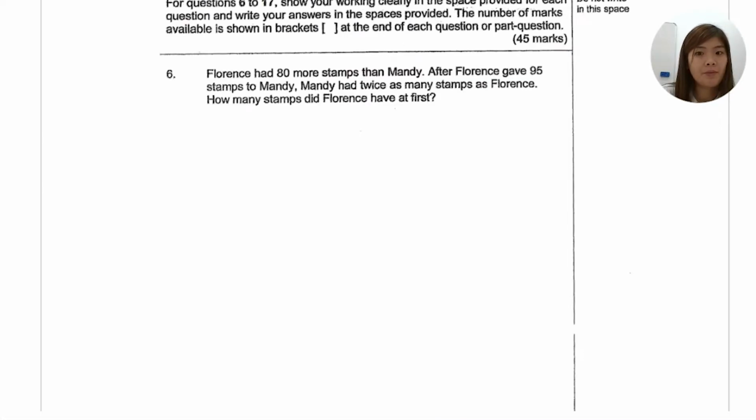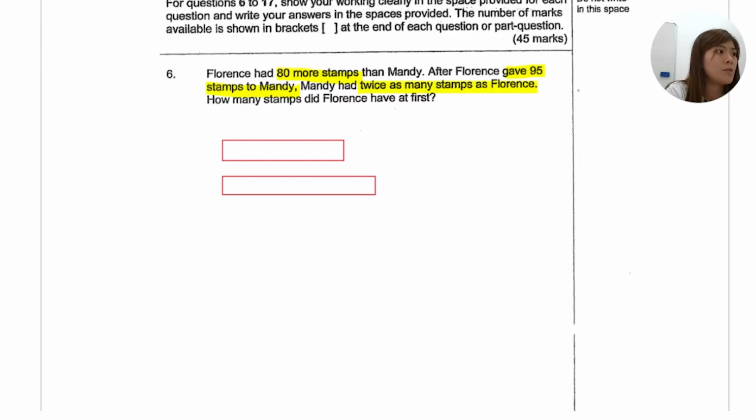Okay, for the next question, question 6. Florence had 80 more stamps than Mandy. After Florence gave 95 stamps to Mandy, Mandy had twice as many stamps as Florence. How many stamps did Florence have at first? To do this, first we draw the model. Florence had 80 more stamps than Mandy, so this is Mandy and this is Florence. Florence has 80 more, right? So I'll just draw down